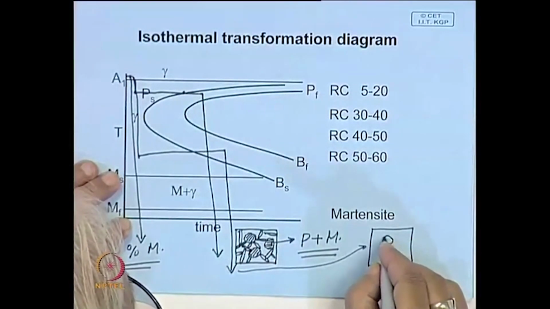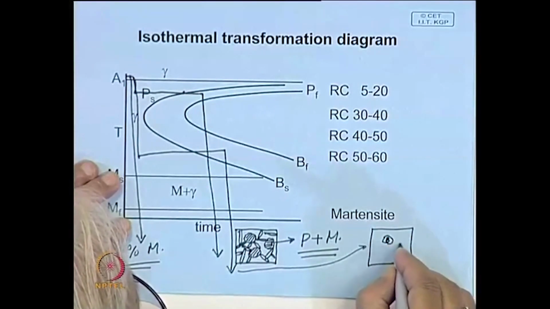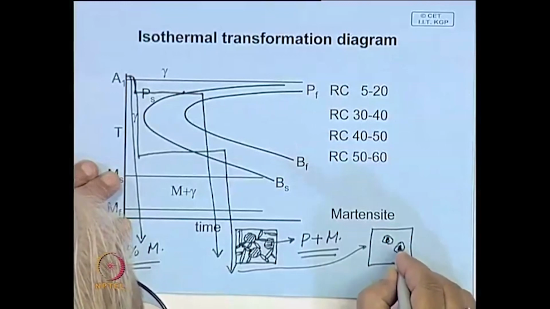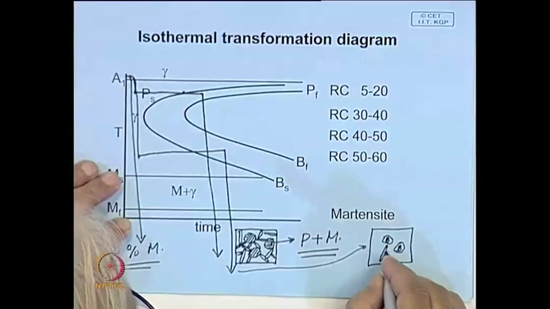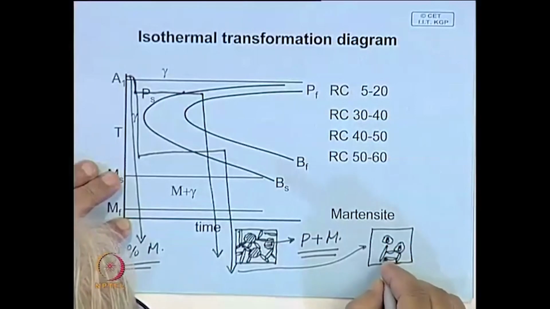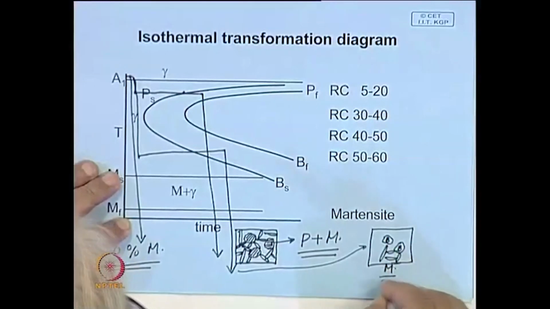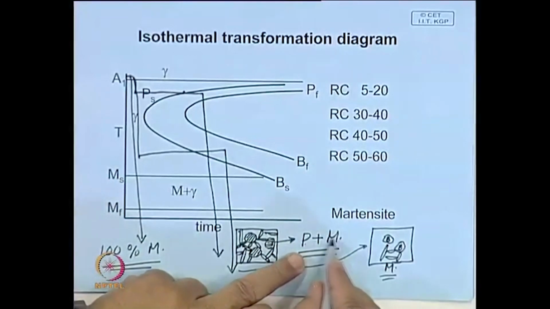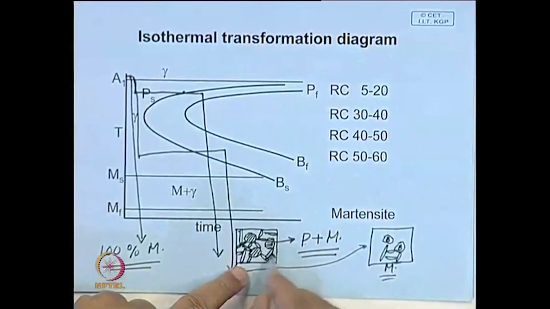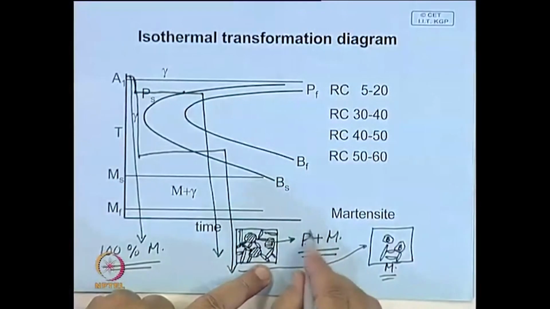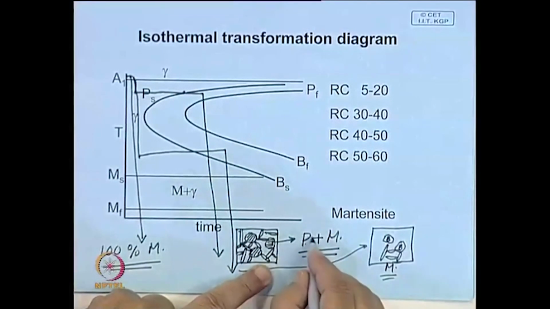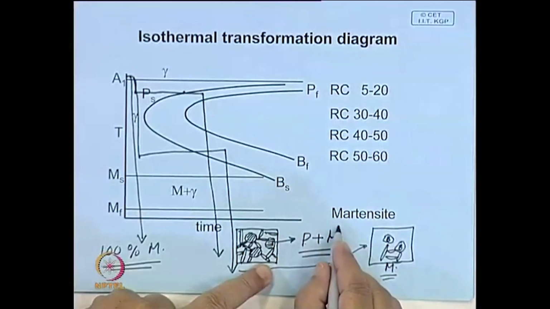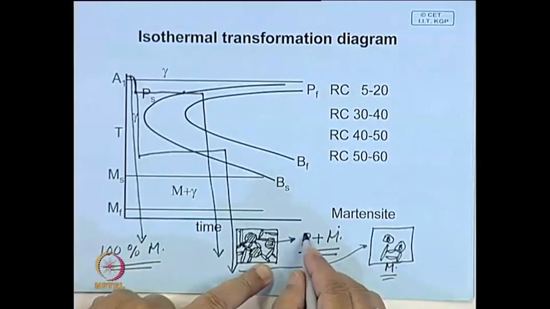You have colonies of bainite forming and the rest portion will convert into martensite. So, the structure is a mixture of bainite and martensite. That is why here when you measure hardness, your hardness is in between martensite and pearlite,